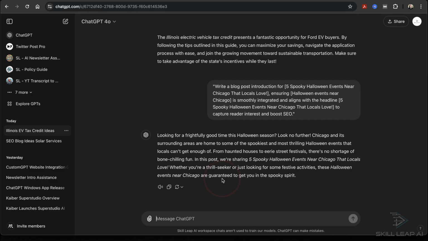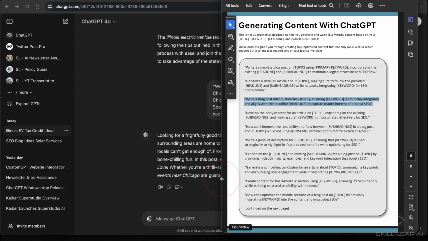Next, let's look at creating a description for a product that you might be selling on an online store. We'll use the example that we've looked at before and say we sell 3D printed toys and figures. We have a cute axolotl that we're selling, and it's called Oxy the Rainbow Axolotl. The keyword that we want to target is rainbow colored 3D printed axolotl toy. We can head back into our